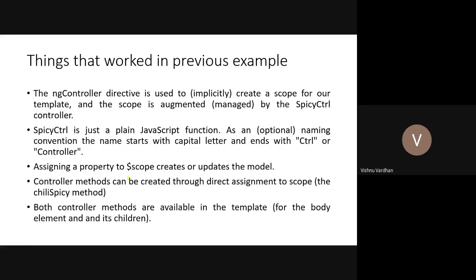Then, whatever we have discussed in the previous slides has been elaborated here. The ng-controller directive is used to create a scope for our template, and the scope is augmented by the spicy controller. Spicy controller is just a plain JavaScript function. As an optional naming convention, the name starts with a capital letter and ends with Controller.